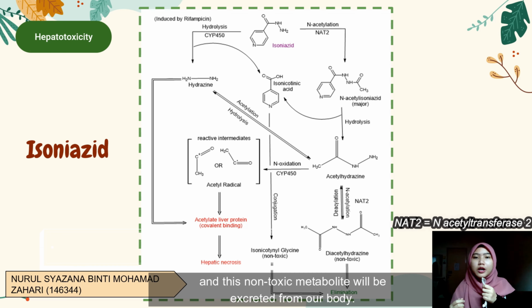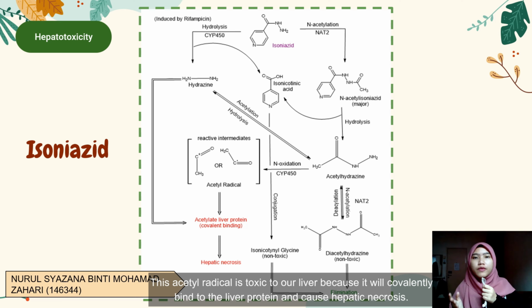Acetylhydrazine will also be oxidized into acetyl radicals with the help of CYP450. These acetyl radicals are toxic to our liver, because they will covalently bind to liver protein and cause hepatic